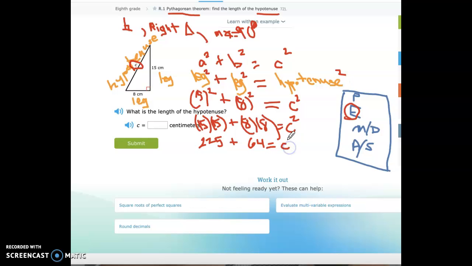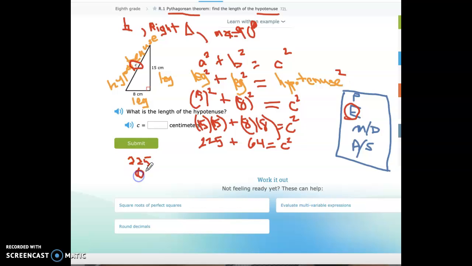I still have the side on the right of the equal sign as c squared. We're solving for the hypotenuse, so let's not lose track of what we're actually doing. 225 plus 64, add those together. So again, use your calculator. For some reason, if you don't have a calculator, if you line it up vertically, you should be all set